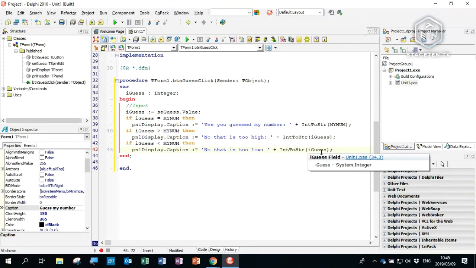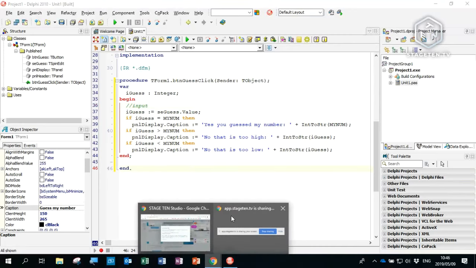Right. This is not the most efficient way to do this, but it's a correct way for your first day of if statements. The problem with this is it does this check, then it does this check, then it does this check every time. Even if this is true and it says yes, you guessed my number, it still does this and it still does that, which is a waste of programming, which is the next thing we'll teach you, but we won't do that today. The next thing is to use else's. So with the else, if this is correct, we'll stop here. Won't bother wasting more processing time. Okay, but this is all you need to do. Get it done up to that point, and then tomorrow we'll